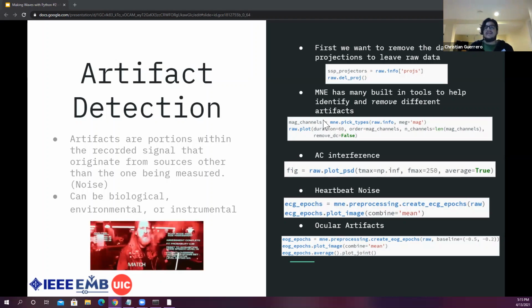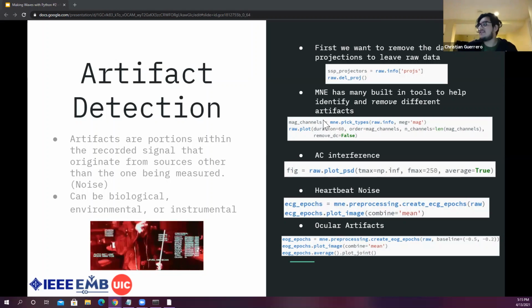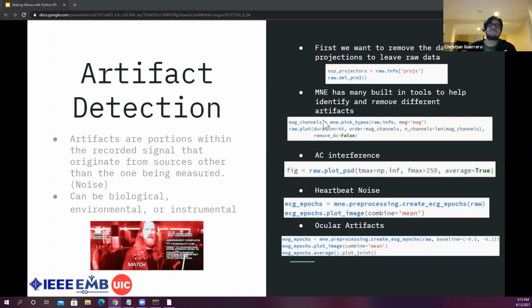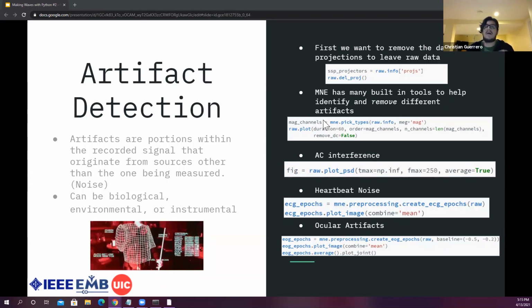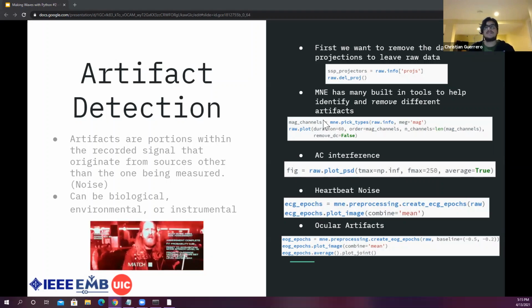So like blinking or head movement, you can't really stop that, or sometimes you don't want to. Instrumental would be any sensor recording errors, interference between the sensor and the machine. And environmental would be something like power line interference, 50 or 60 hertz, depending on where you live, and any electromagnetic fields that may be affecting the actual recording. So,